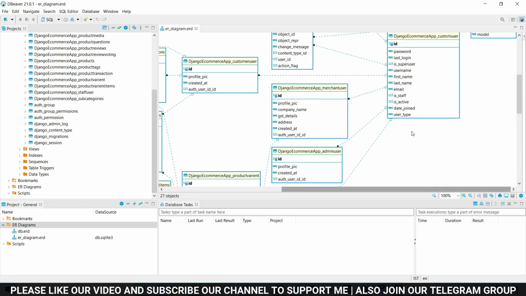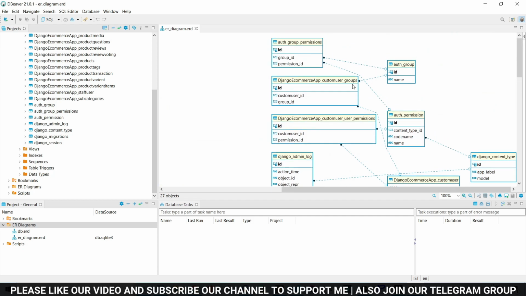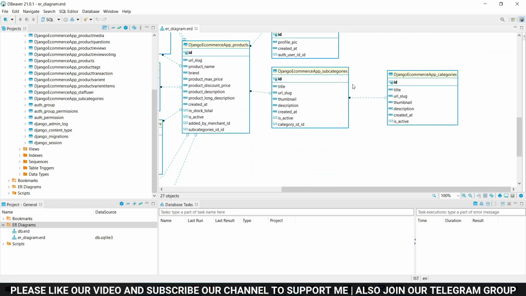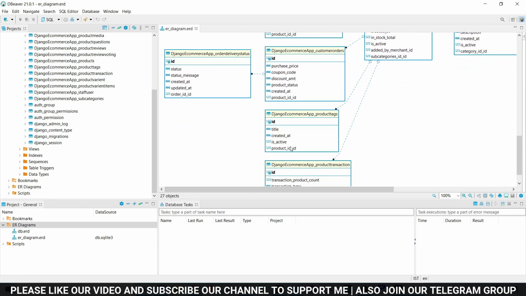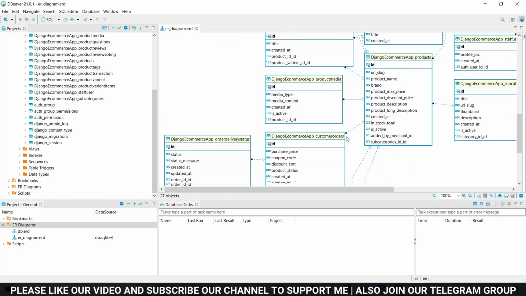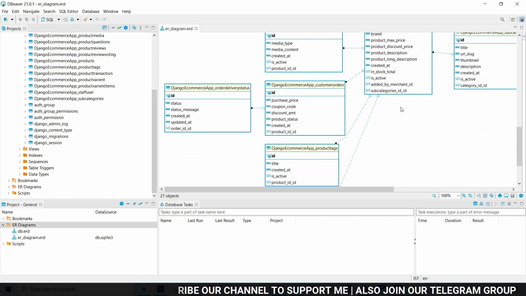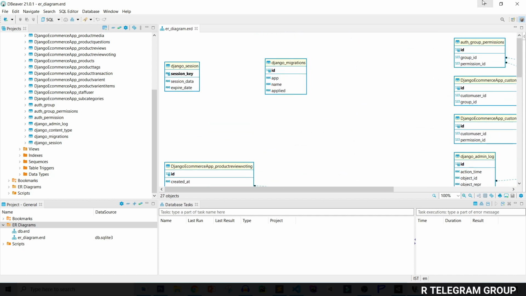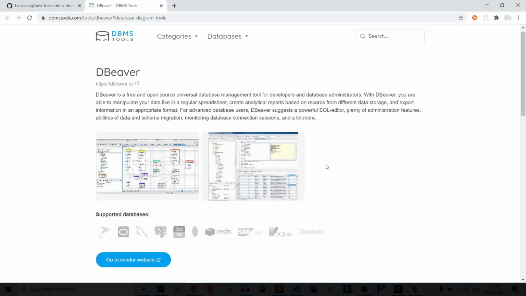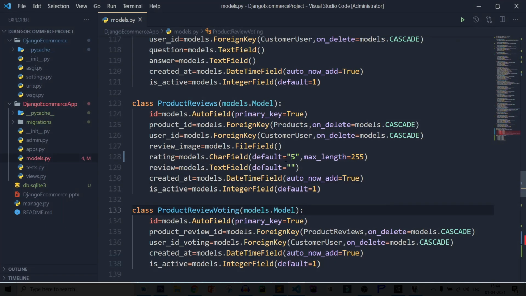It is very simple. So many users ask me how you can create a database ER diagram. So you can use this free tool to create your ER diagram from your database. You can see all the tables are showing now in the ER diagram, and you can see many relations come from the product table. That's why it's showing in the center. Now after that, let's minimize it. Back to VS Code. So all done for now.